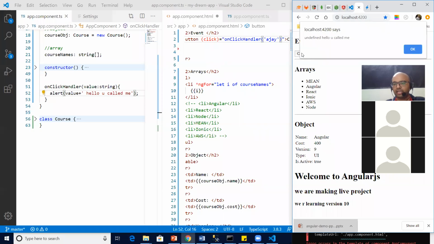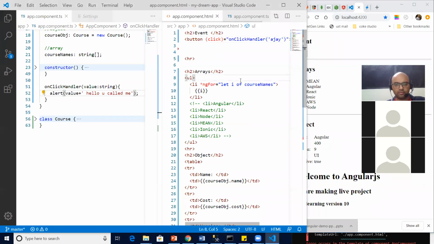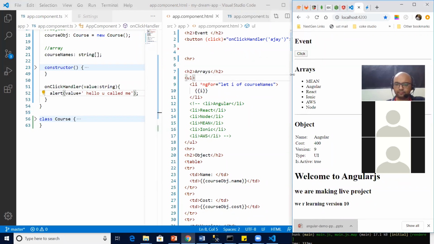I click, it says undefined. Why? I didn't save it or what? Yeah, now it says, I had not saved it. So see, Ajay, hello, you called me. Clear, team? All good? Yes, Meher. Alert is for printing. Absolutely correct.